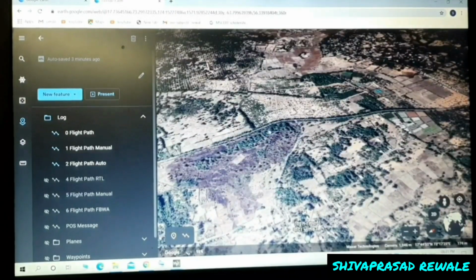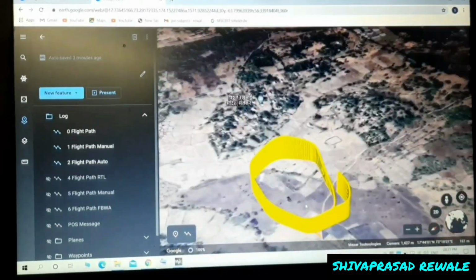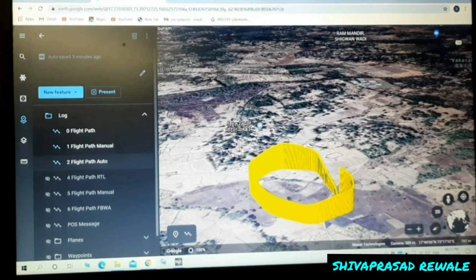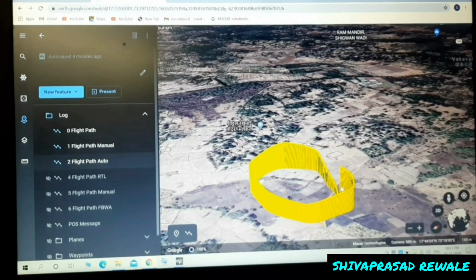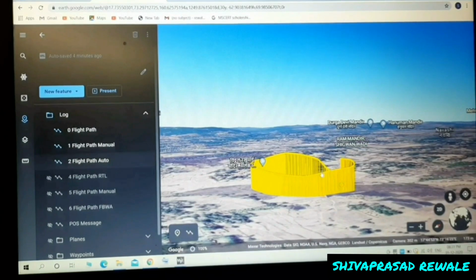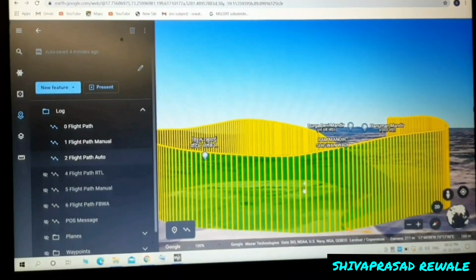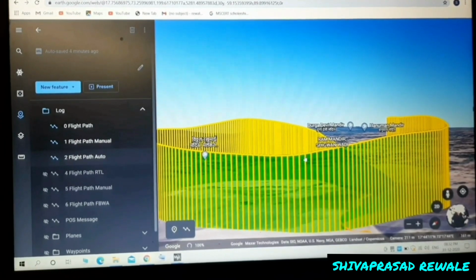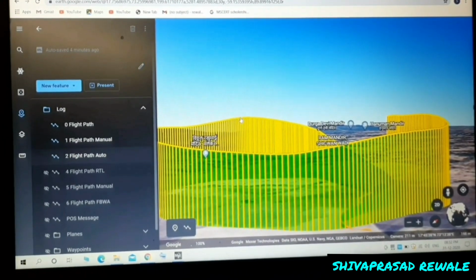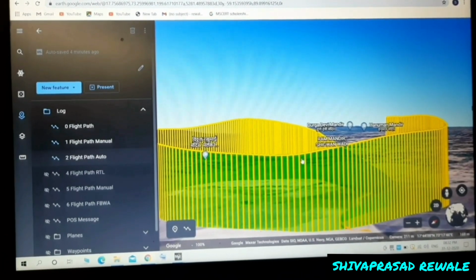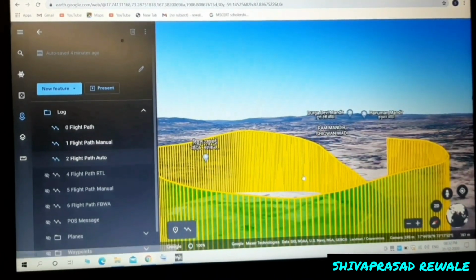Here in Google Earth also, we can check the flight. So we take off from here. Then this is the complete path traced by the plane. From side view, you can check the altitude also. As you can see at waypoint 6, the altitude was approximately 40, and at waypoint 1, which is 65 meters, you can see the difference. So we are successfully able to get the required altitude also.